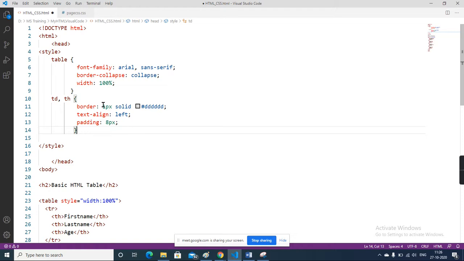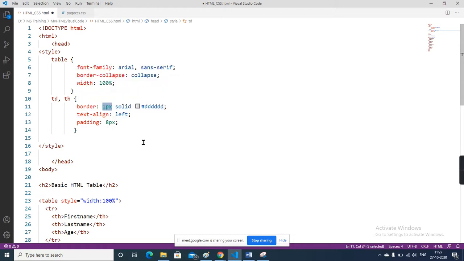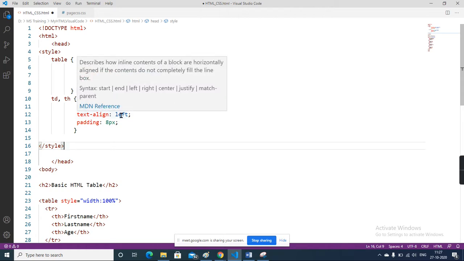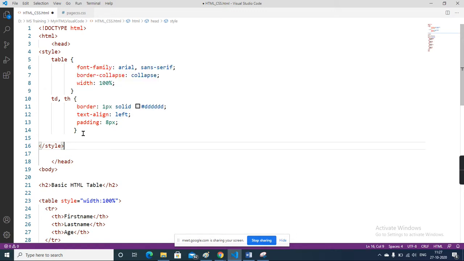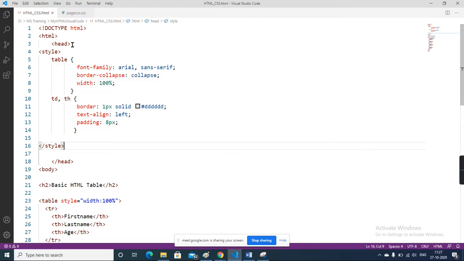Okay, border 1 pixel means the width of that border. So this is 1 pixel, and solid is the style, and this is the color. Okay, so text align means text within that cell needs to be on the left side, and padding 8 pixel. Okay, so we'll get each and everything from here.